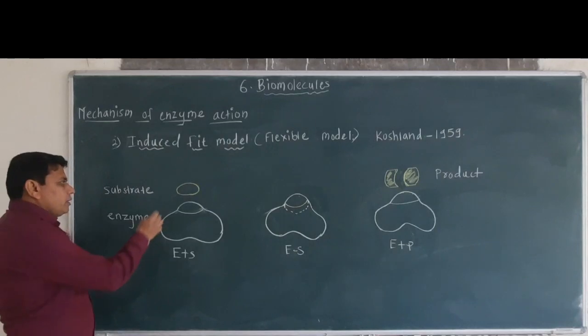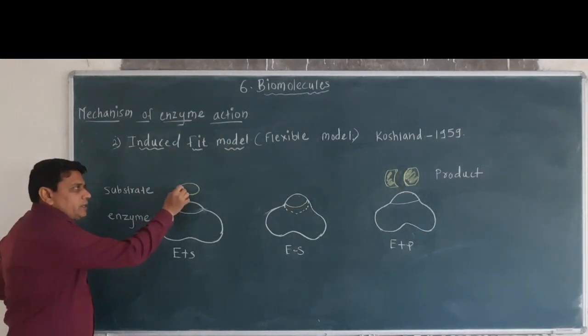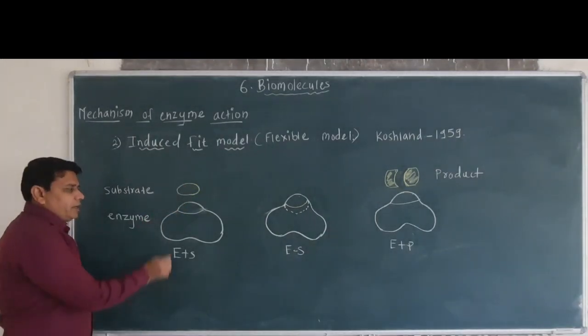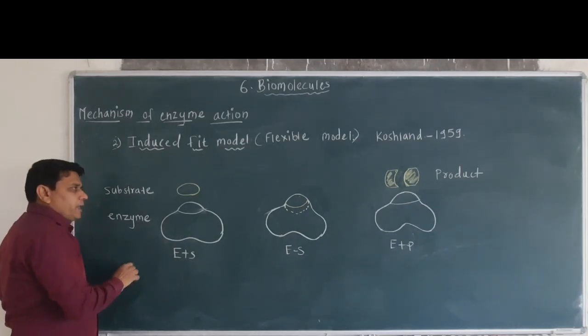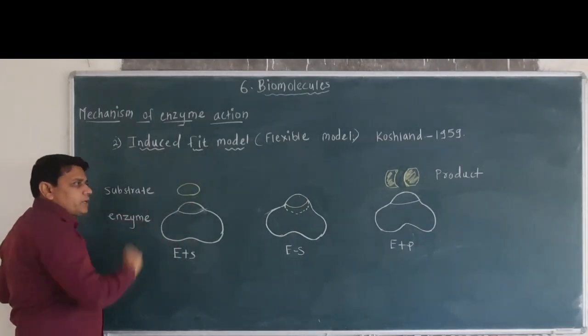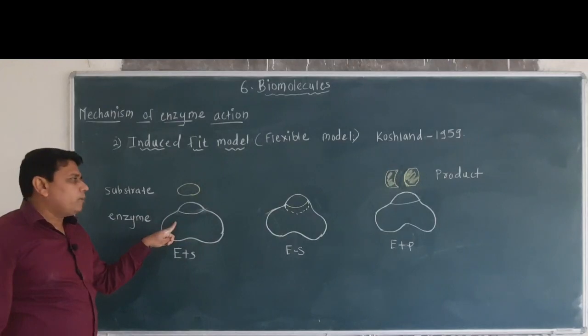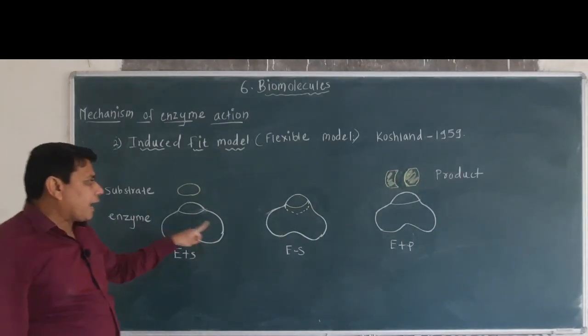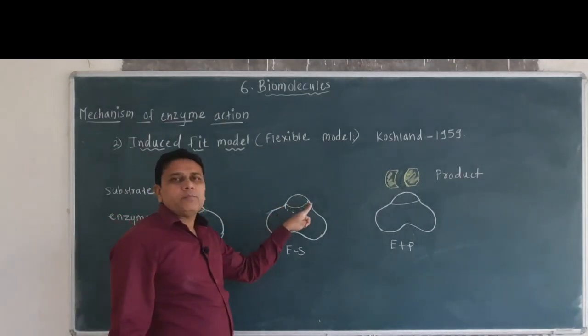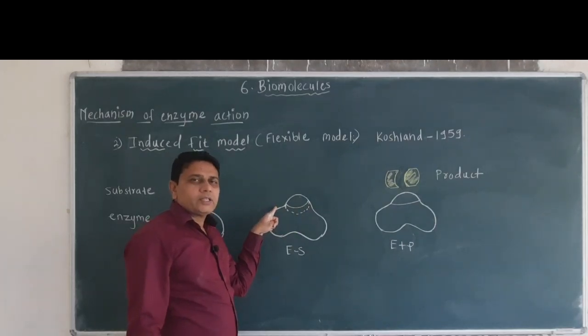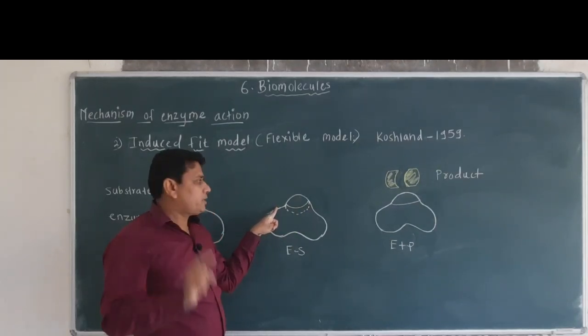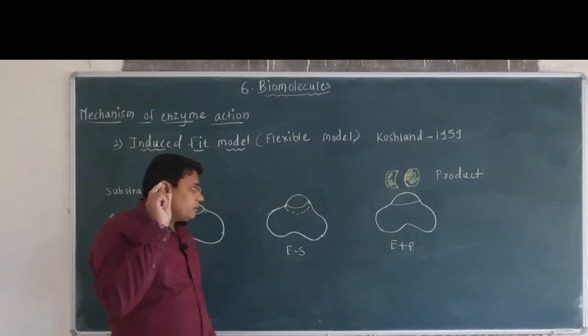That means here in the diagram we can see, here is the substrate and here is the enzyme. So this substrate comes in contact with the active site of the enzyme, and accordingly the shape of the enzyme changes as it is flexible in nature, and this